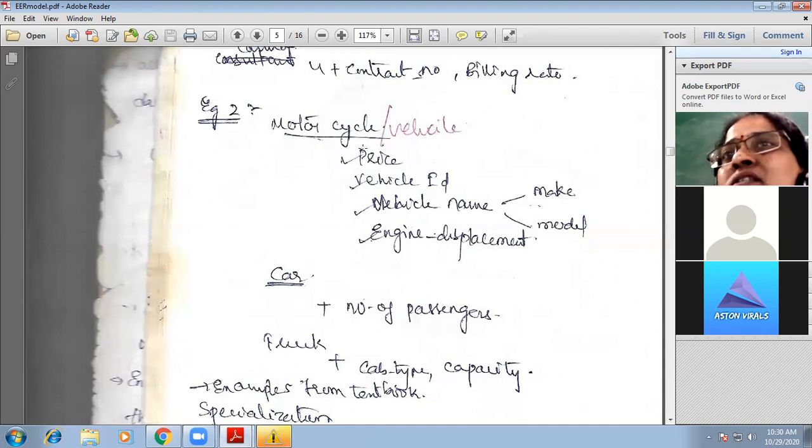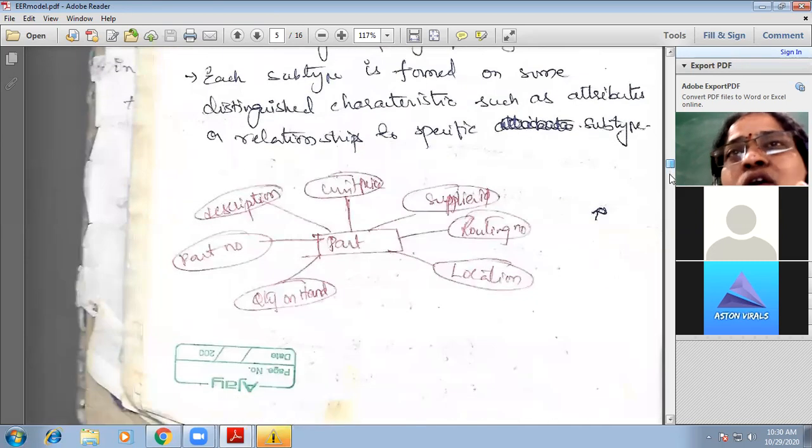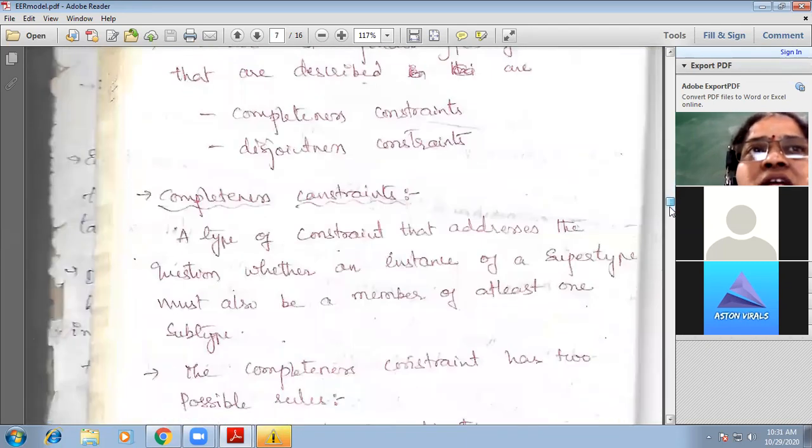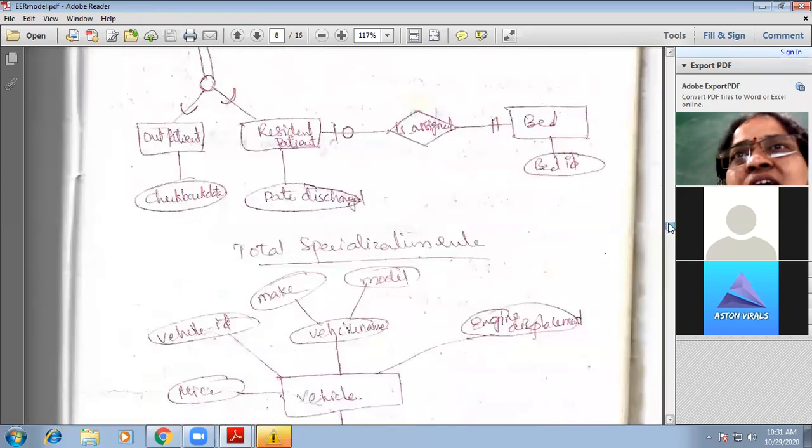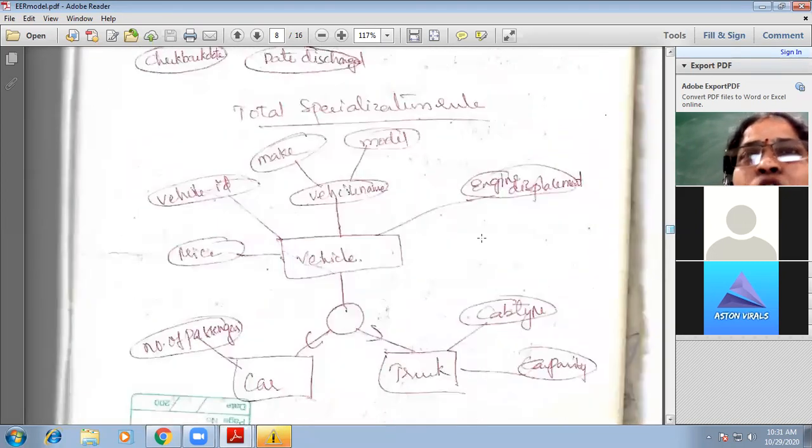Now if we have an entity type motorcycle, with these properties, there is no subtype for that motorcycle. Then we call it a partial specialization rule. So from that data we constructed an ER diagram like this, a supertype subtype hierarchy model.